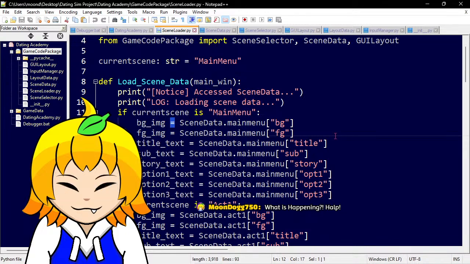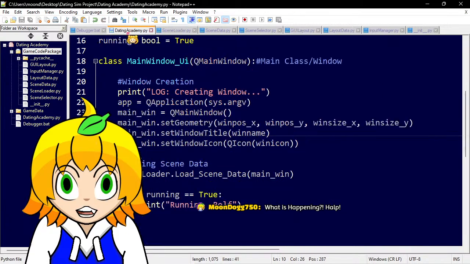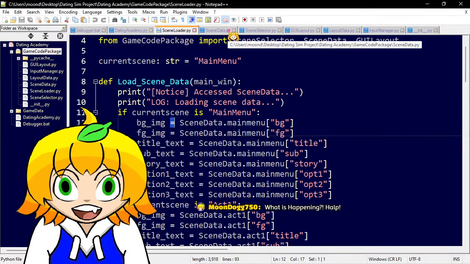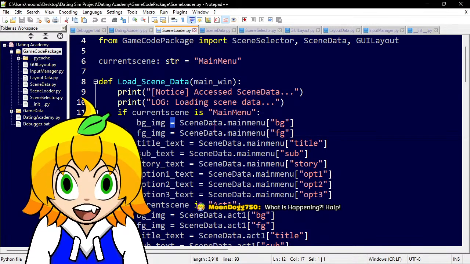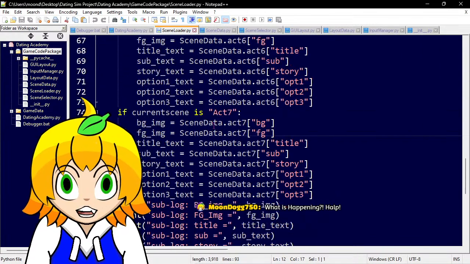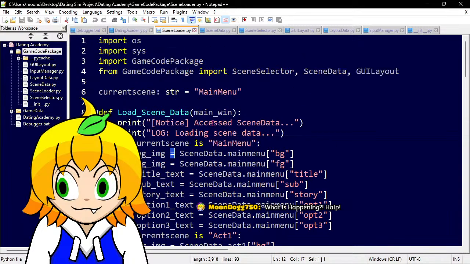Anyway, as I just stated, we went from Dating Academy through the scene loader, accessed scene data, pulled scene data, back to scene loader. Now the scene loader has the scene data.